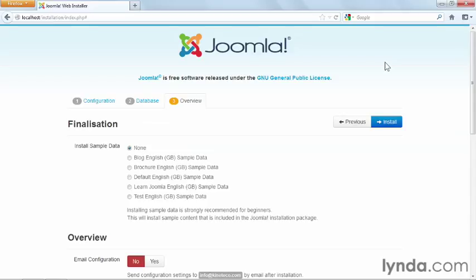And in previous versions of Joomla, there was only one set of sample data. You pretty much pick to say yes or no in terms of installing it. With Joomla 3, there are 5 different kinds of sample data that you can install. And sample data is a bunch of content, both articles, categories, module configurations, a whole bunch of stuff that